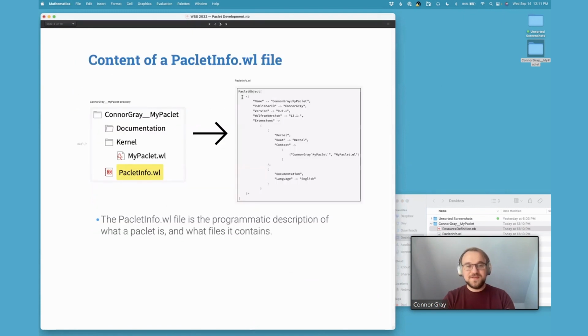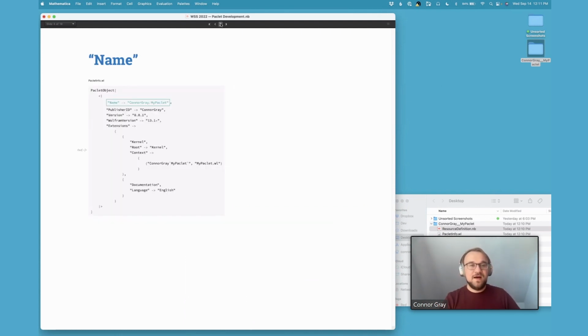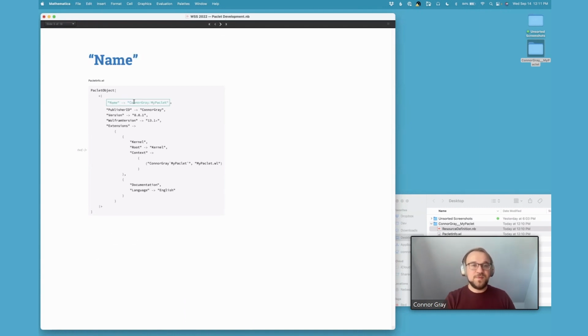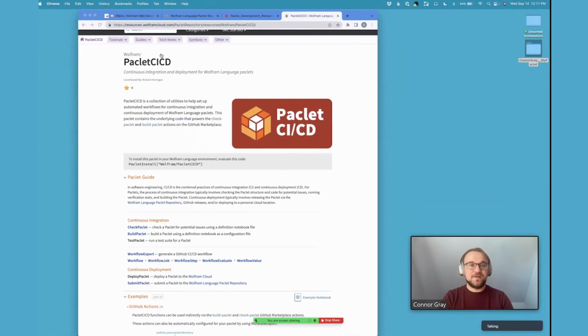It's basically what I was just saying, but it created this PacletInfo file in here, and that's the description of what's in the Paclet. The name that we passed to CreatePaclet is the first field in that metadata. I'll just mention, this name is the display name for your Paclet. It's what shows up on the Paclet repository, as you can see when I was back here on the Paclet repository website,